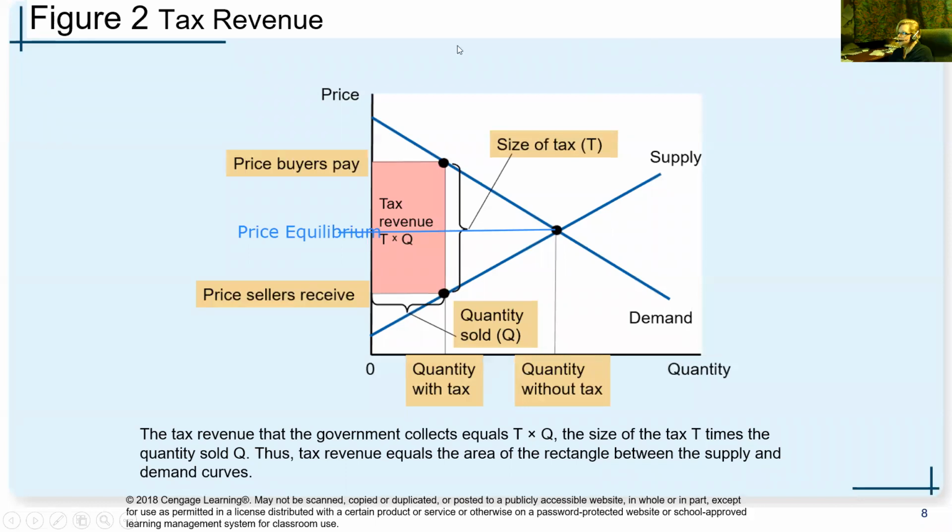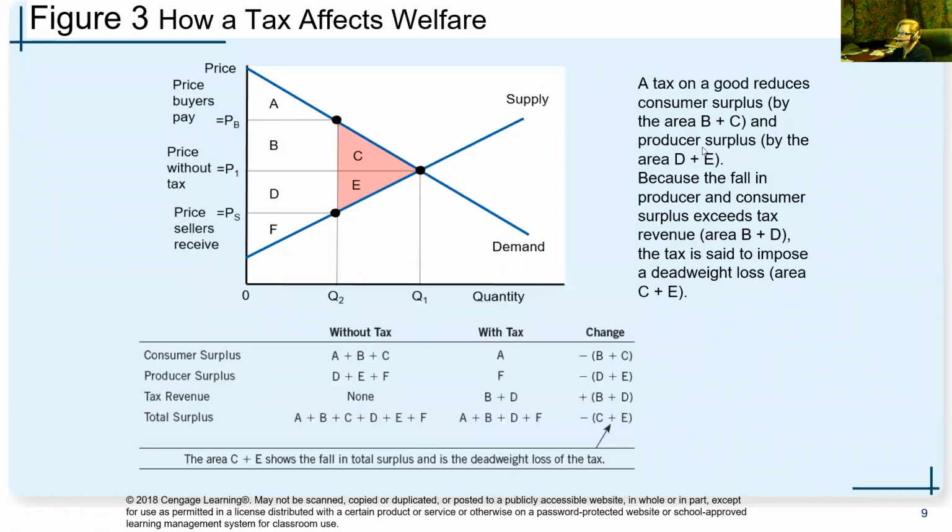Let me erase everything I did here and go on to my next slide. Okay, so this is kind of important. I think students tend to understand the overall gist of it, but what they don't understand is exactly where these numbers or this change come from. Sometimes the chart down below can be a little bit confusing. So let's talk through this.